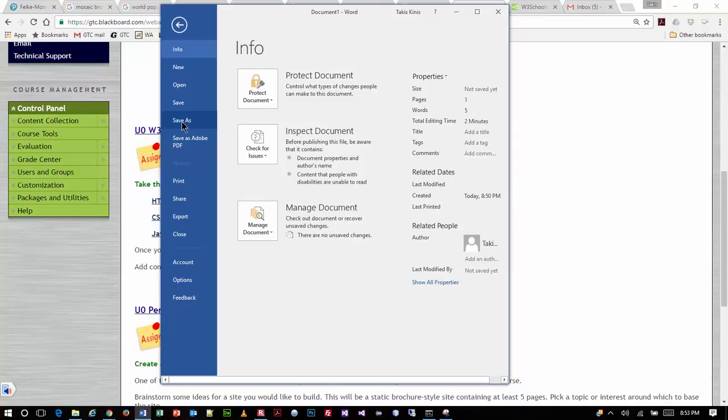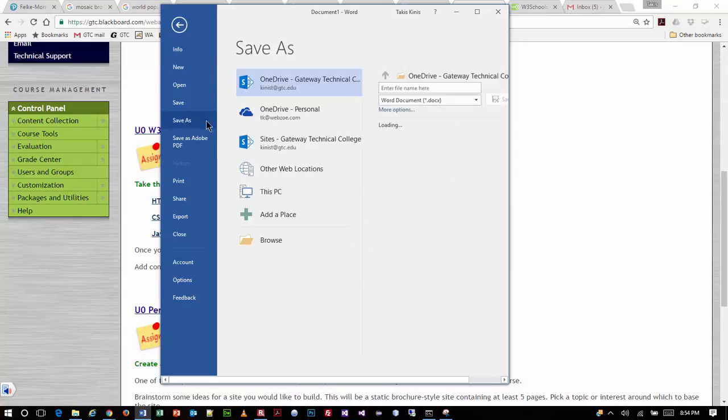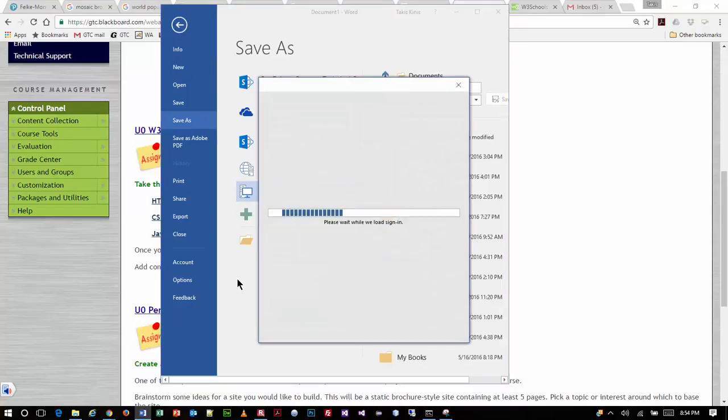So what's the better way to work? If you're using a school machine, save it locally. You want to put it on your flash drive, that's fine. But do something even as simple as emailing it to yourself. I wouldn't prefer that, but you could do that. The other thing that you could do is a Save As, and you're going to see that on my machine,